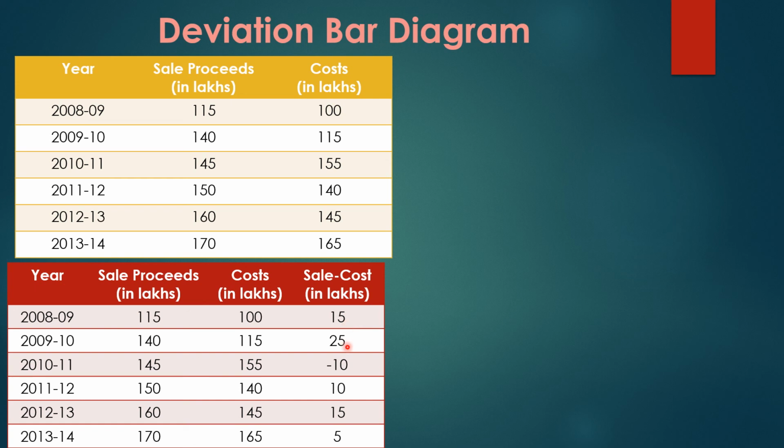Now coming to each, we will be calculating. The next is a profit of 25 lakh. The next one, we did not get a profit in the year 2010-11, because it is minus 10, so we have suffered a loss of 10 lakh. So what we have done here is subtract the cost from the sale proceeds, and so we get either a gain or a loss. Simply we need to calculate this column. When this calculation is completely done, the numbers can be negative or positive, no need to be worried about it.